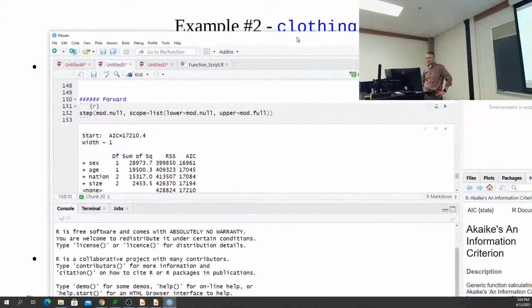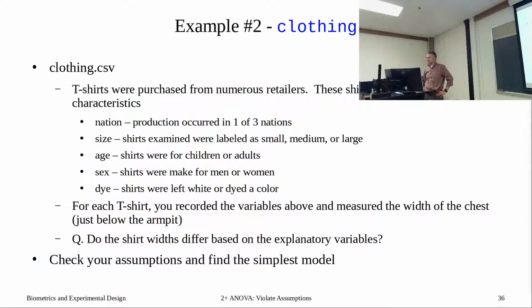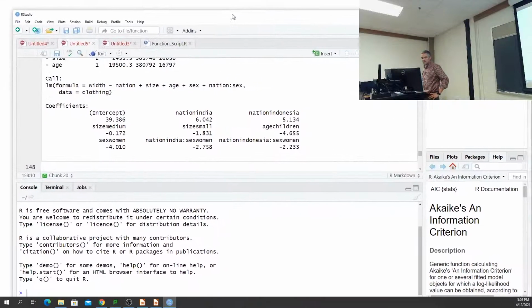You're a wrestling unicorn. All right, so we're gonna spend a little bit of time on this, but this is where we left off with clothing. All right, so just kind of review with this AIC, and our whole goal is to get the lowest AIC value, and in some cases it might be the most negative AIC value because again, as numbers become more negative, that's smaller, right? So with our clothing, we start with the full model, and then we go backwards, and we get